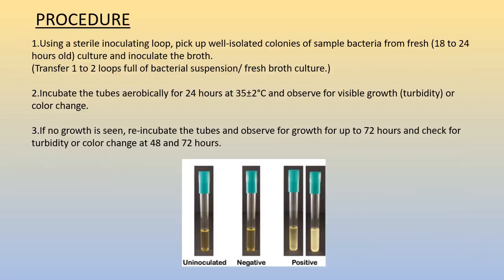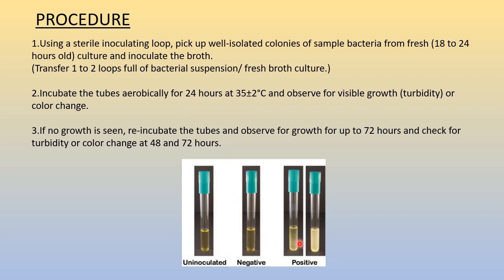Now, the procedure is using a sterile inoculating loop, pick up a well isolated colony of a sample bacteria which is freshly grown. Okay, the culture should not be too old, max till 24 hours. Then you transfer one or two loopful of bacterial suspension or your fresh broth culture into the given medium. Now incubate these tubes aerobically for 24 hours at 35 degrees plus minus 2 degrees Celsius and observe the visible